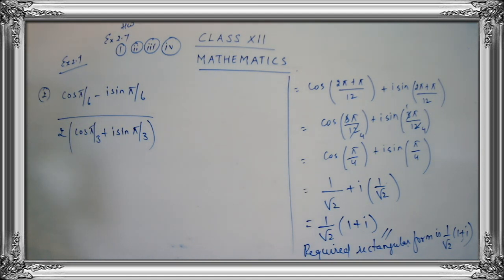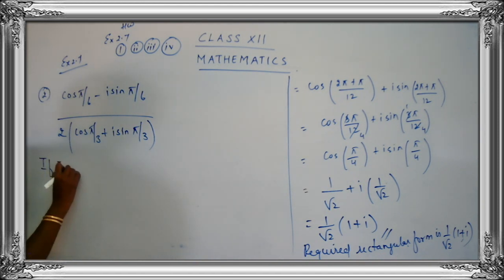So now again we are going to use the property of polar form. But in the previous sum we used the multiplication property. We were using z1 into z2. Here we are going to use z1 upon z2. Okay children, z1 upon z2. First of all, let's write the property and then we are going to substitute the values. Let's do the work.